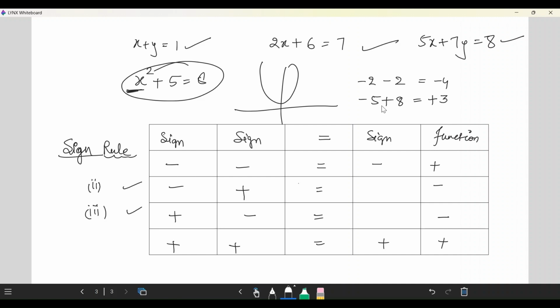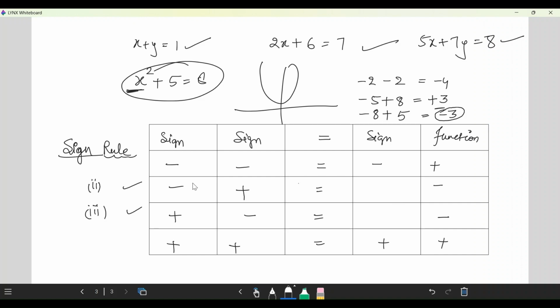If he returns 8 rupees, he reduced the minus 5 that you had given before, and he gave you 3 rupees more. So it is positive. When you take 8 rupees as a loan from anybody and you return 5 rupees,